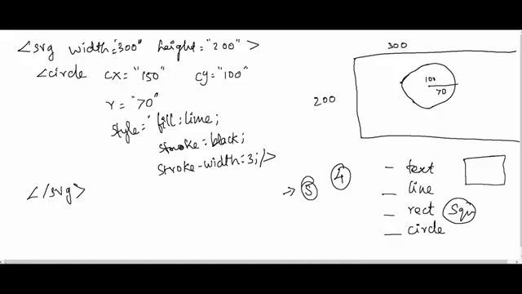Okay, and for each and every shape you need to mention this SVG. If I am using the same width and height, I still want to use this open and close SVG for each and every shape. You just try what I have given, right? Then you can understand, then you try it on your own.